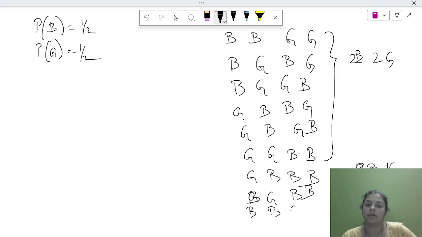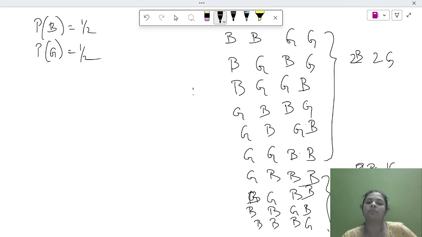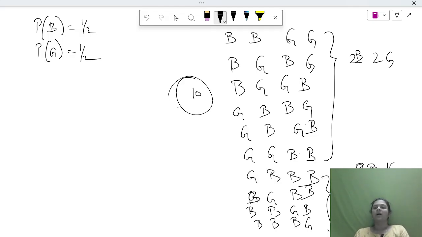Boy, boy, girl, boy. Boy, boy, boy, girl. So 4 possibilities. So 6 plus 4, 10 possible outcomes of having at least one girl in the family, divided by